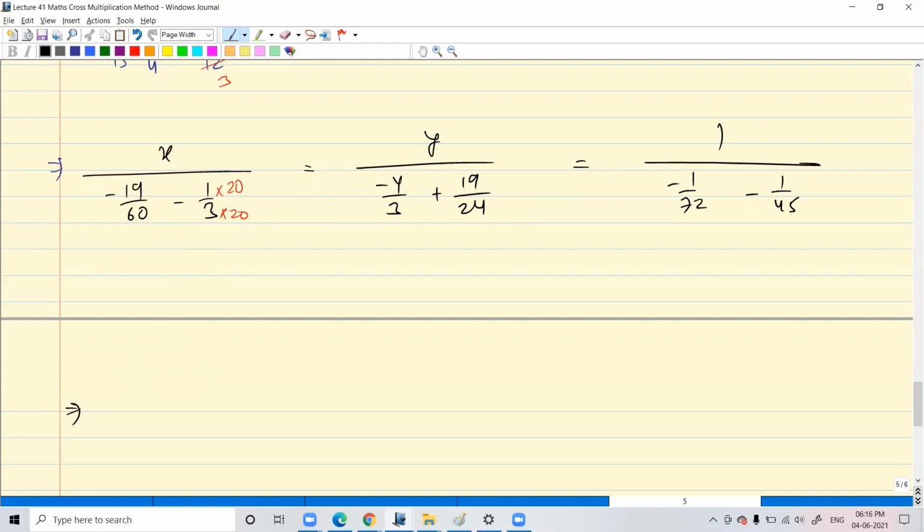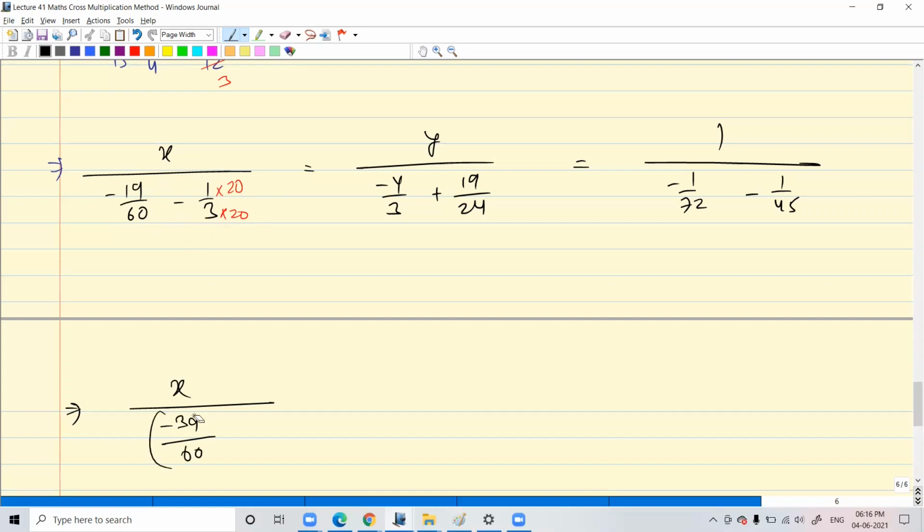So we can make the denominator for both of them as 60 by multiplying a 20 here. So we'll multiply the same 20 in the numerator. Now minus 19 and minus 20 together will become minus 39. So x by minus 39 by 60